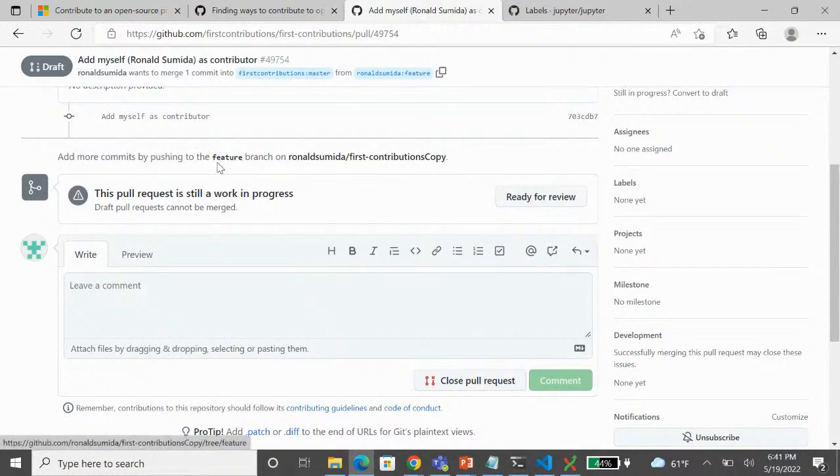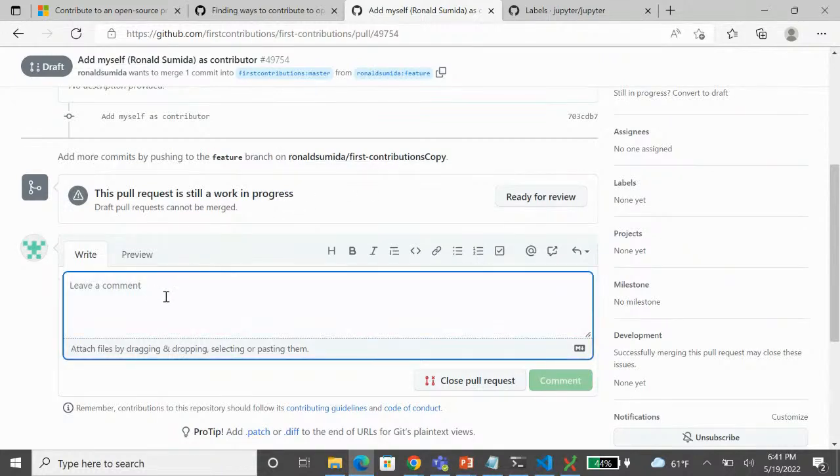So note what the maintainers are going to see. They're going to know I have a separate feature branch where I made the change that can be merged in, and then here's where I can leave comments depending on the comments I get back from the reviewers, and given that this is still a work in progress, now this cannot be merged given that the